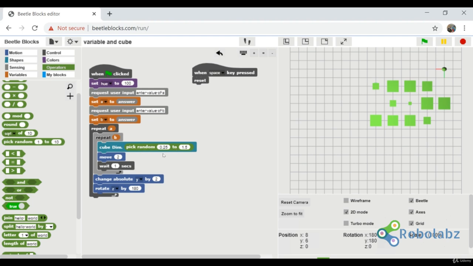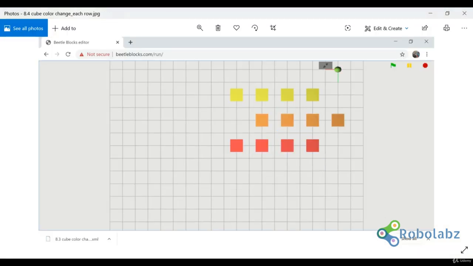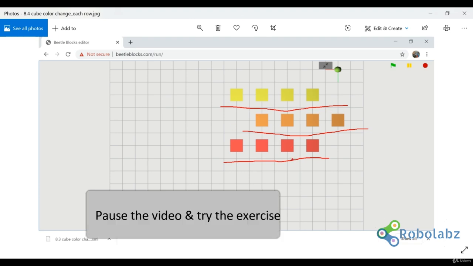This is a very interesting thing. Now the very next activity is, I will show you an image. In this image you can see each line has a different color. So we need to draw cubes in such a way, and we need to write a program in such a way, that the cubes which are drawn are of different colors on each line. So again, pause the video for a few minutes and try the program on your own, and then we will